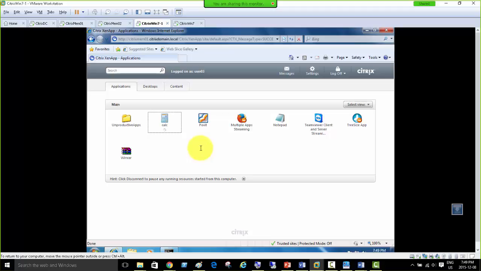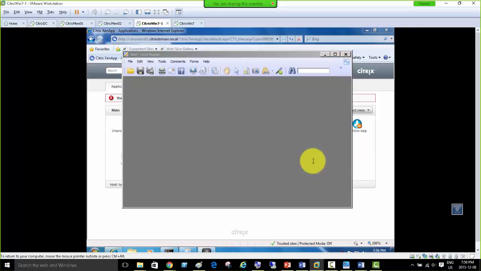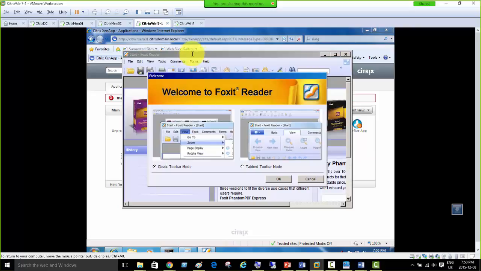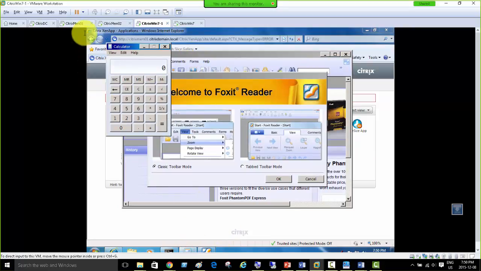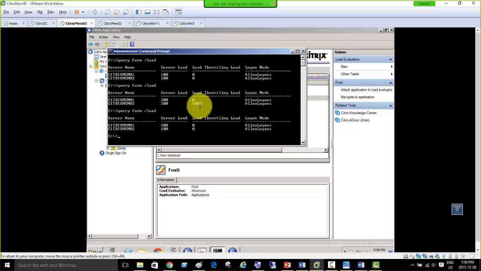If I open the calc again and Fox it again as well, and does notepad happen? No, all the previously published applications are not working. Okay, I have some more load here, and if I go back to the server, so you can see that